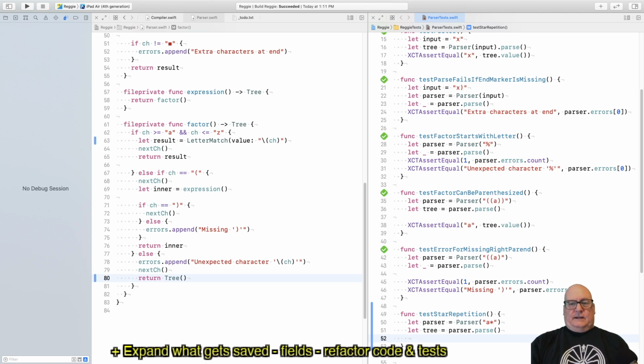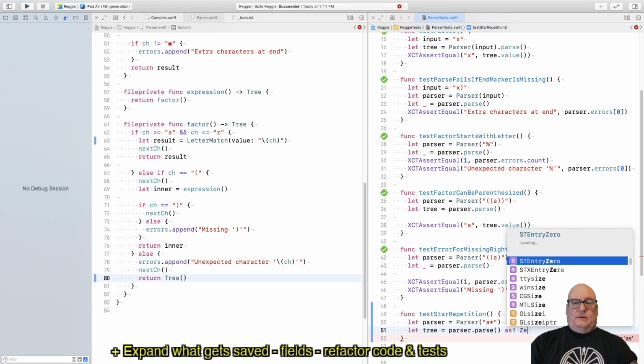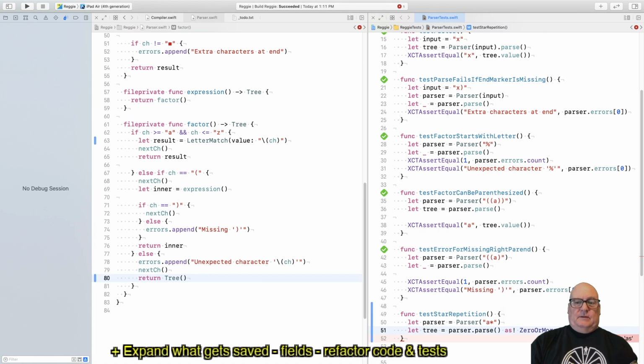And I kind of want to assert that it really has to be, in this case it's 0 or more, and I don't know, maybe node or tree. Okay, so I'm saying that this thing must be 0 or more tree, and if it is, okay,